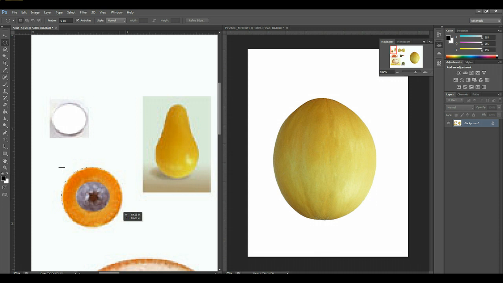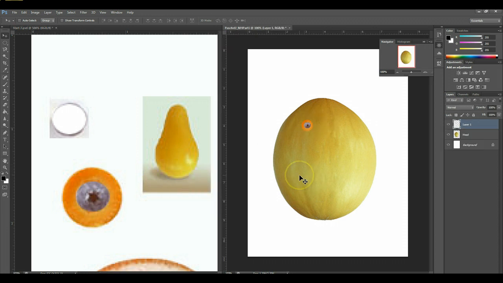And try. Now, you see how the top of mine is a little bit off. If you hold your space bar key down, you can actually move the entire circle, but you have to hold down the mouse and the space bar at the same time. Okay, so now I'm happy with that. You remember, you can always use your arrows to move it around a little bit. Hit the Move tool, and we're going to move it